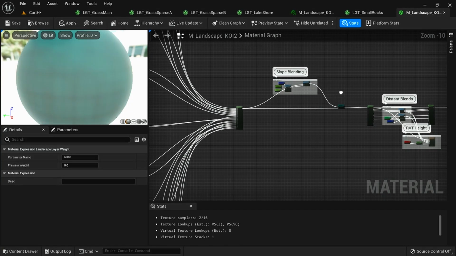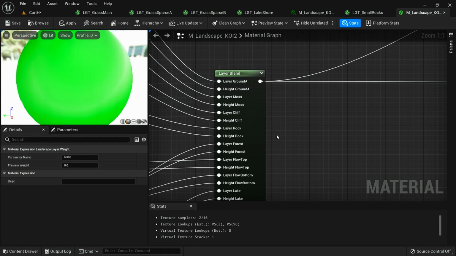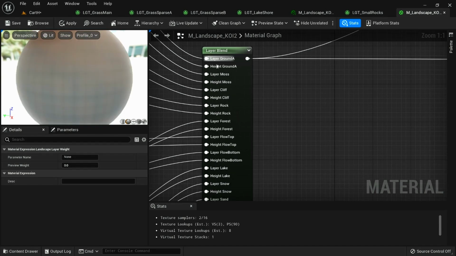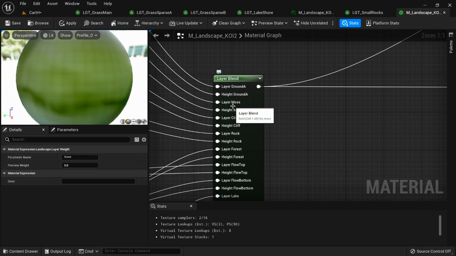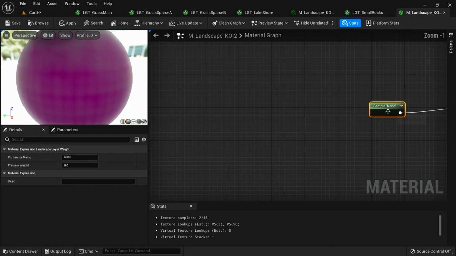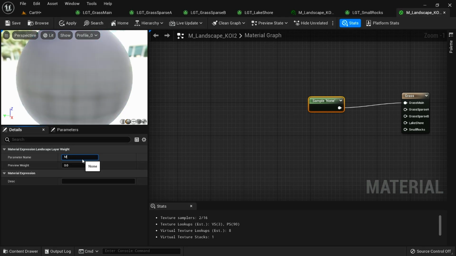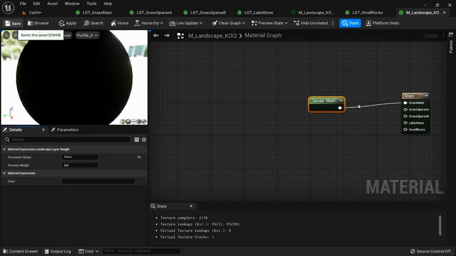So let's take a look at our layer blend node. So here we have different layers like ground A, moss, cliff, rock and all that. So let's put moss here. Now remember the name here and in layer blend should be exactly the same along with the capitals. Otherwise it won't work. So again if we save it,